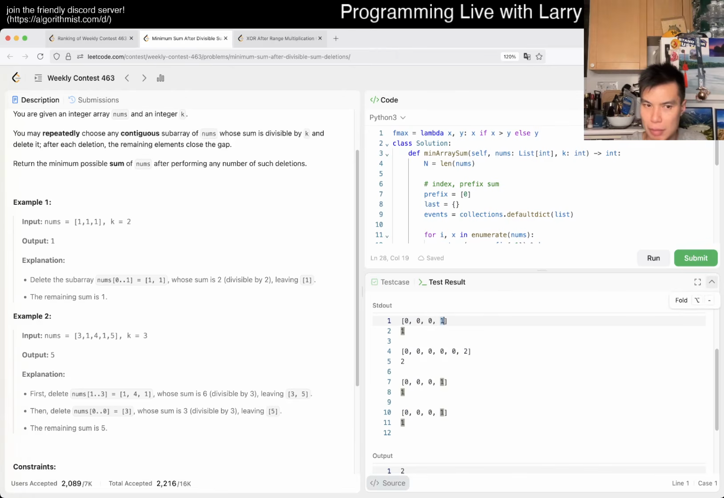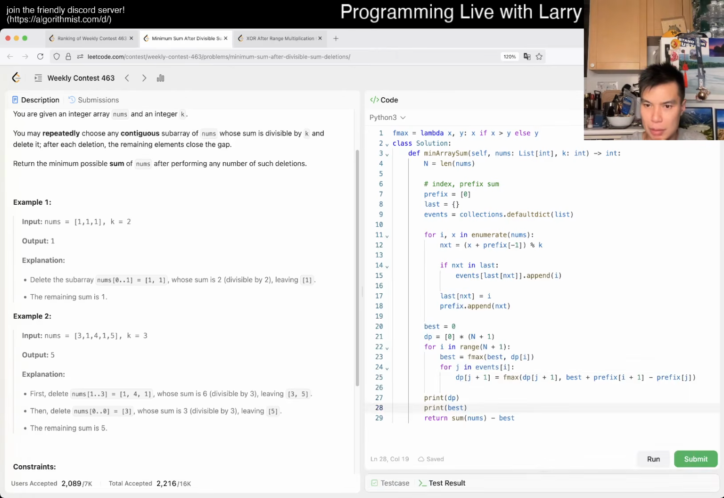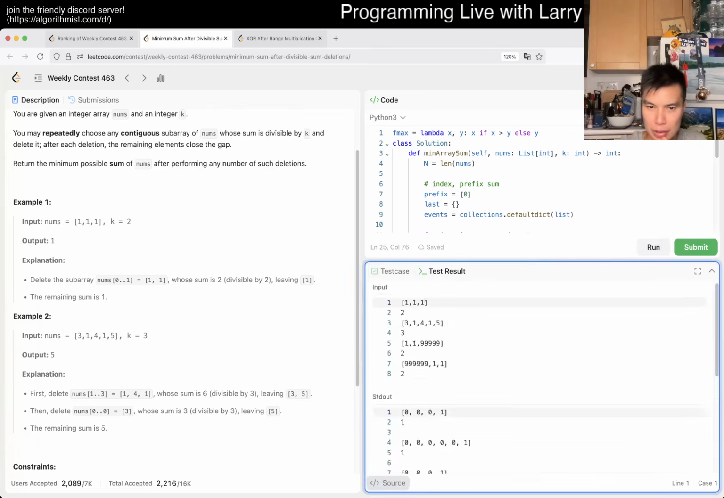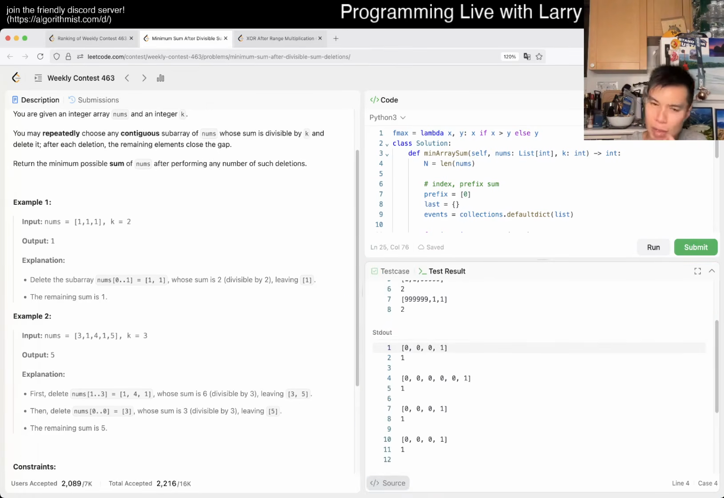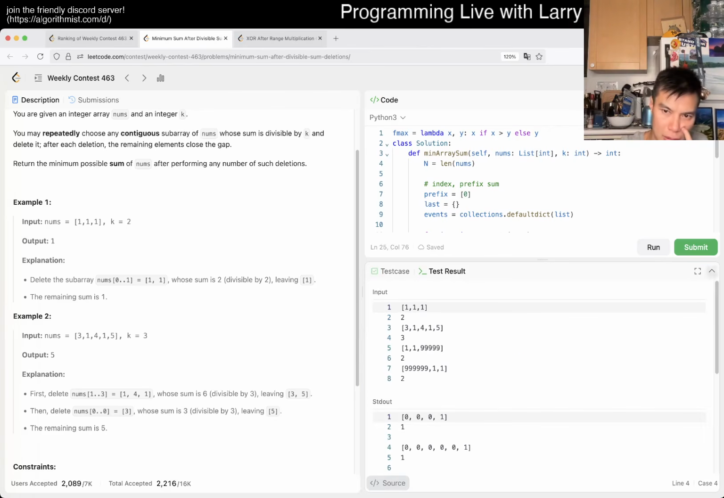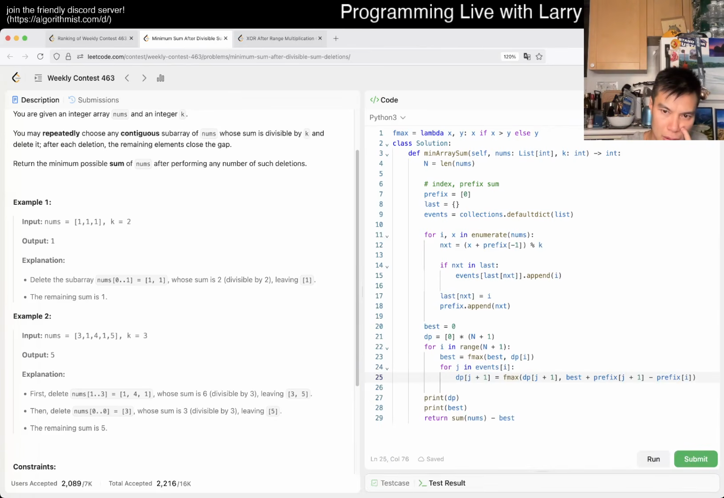That's not right. Prefix sum is not right. No, because it is, well, it's J and 2I. That's why it would never match. Okay. So now it's 2, 13, and big number is still not good. Why am I so off here? Oh, it's not prefix. This is not the prefix sum. That's the prefix sum mod k, but